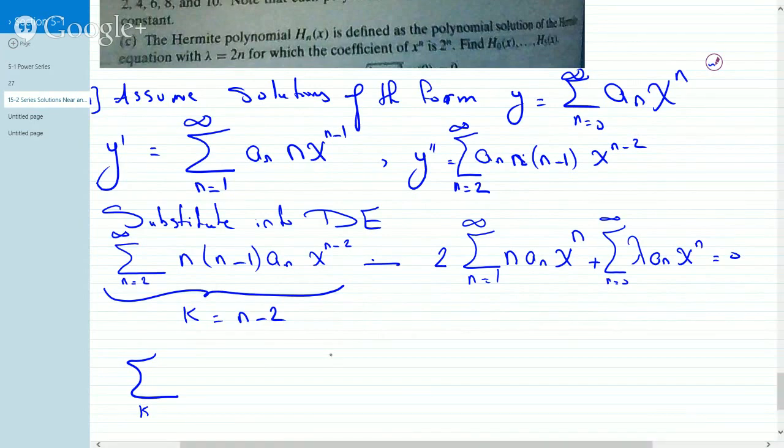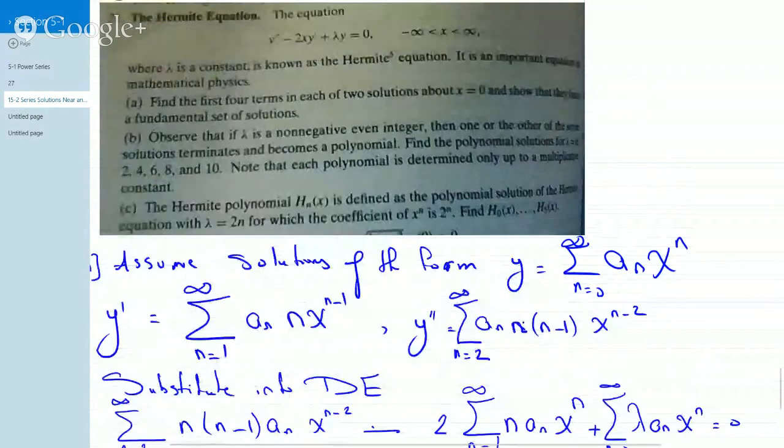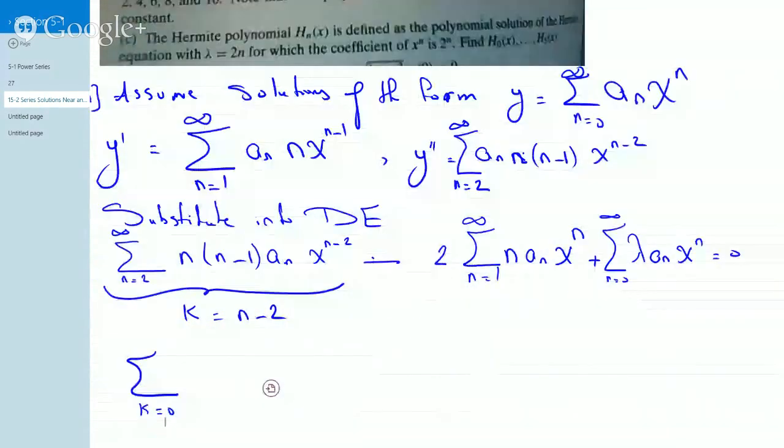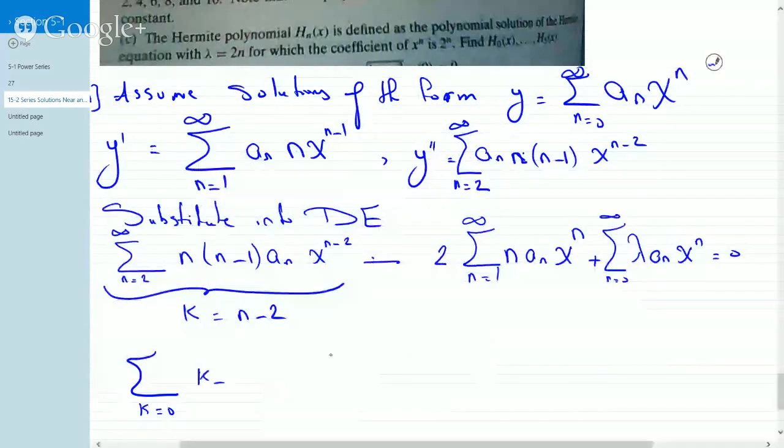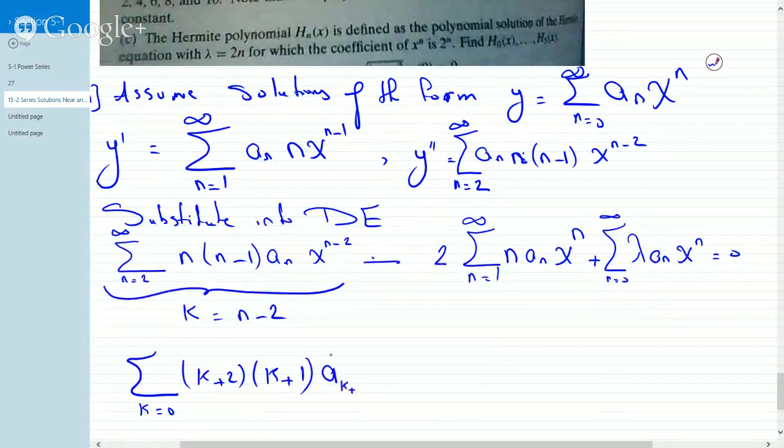So this is k equals 0, because, you know, now n minus 2 is that. So that means n minus 2 starts at 0. And n, I will replace it with k plus 2. So this becomes k plus 2 times k plus 1 times a of n, which is a of k plus 2 times x to the k,